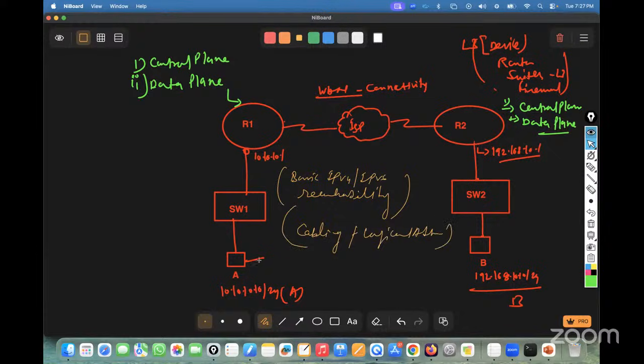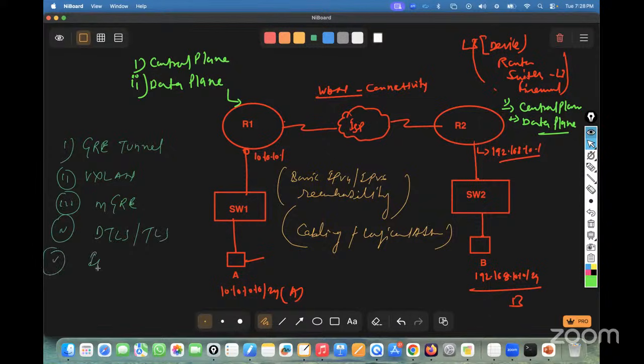Then once you have the basic reachability, let's suppose these two routers want to form the overlay. Overlay is basically going to be your GRE tunnel. They're going to form the VXLAN. They're going to form the MGRE. They're going to form the DTLS, TLS. We talk about that. They're going to form the IPsec, GRE over IPsec. There are a lot of things,